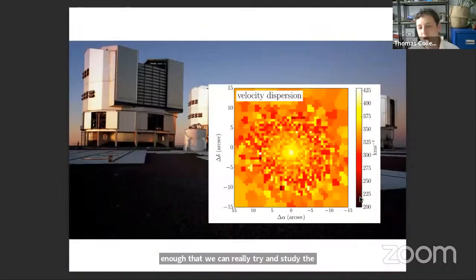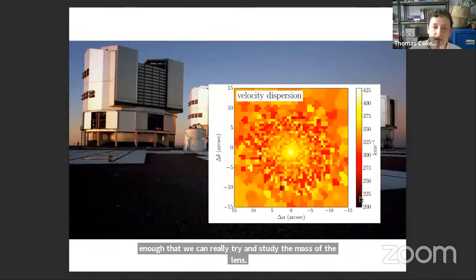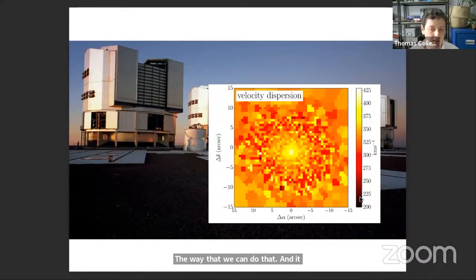the lens. The way that we can do that is by looking at how fast the stars are moving within the lensing galaxy. So this figure here shows the velocity dispersion for the stars within that lens galaxy as a function of their position, with 0, 0 being the center of the lens. The color bar here shows you that in the very center of the lens, the stars are moving typically at about 400 kilometers per second, and then they're falling off as you go further away to be moving about 300